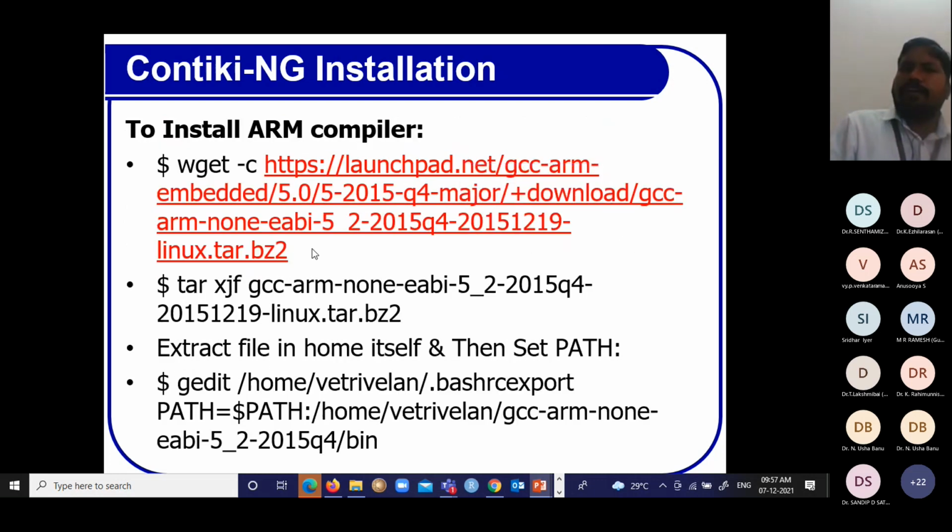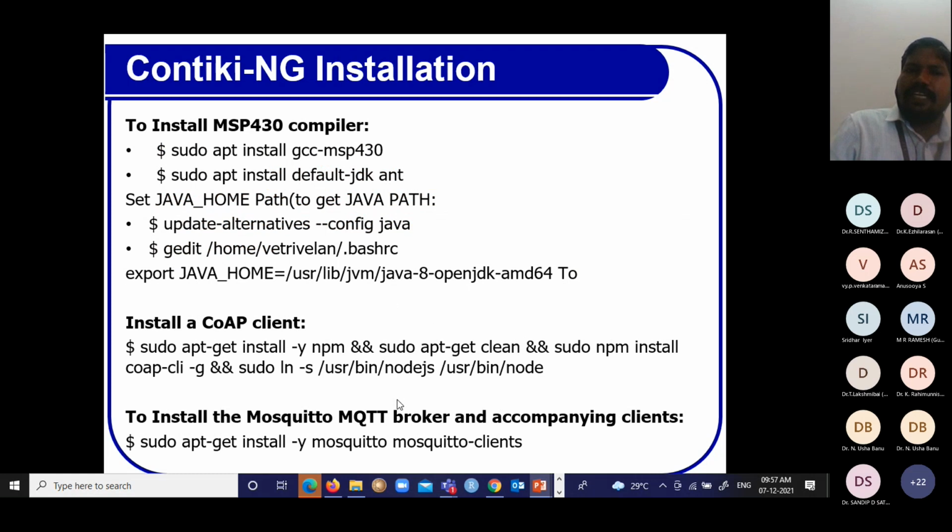And for an ARM compiler, as with C, we should have a C compiler, C++, Turbo C++, Java compiler, or C Sharp. Like that, in the ARM environment we should have an ARM compiler as well. That is available as a tarball; you download it, extract using tar xjf, and then set the path. Then we install the appropriate GCC support for MSP430, because we are going to write a program in C through GCC, which is Linux-based support, and that is where we put the path, and Java